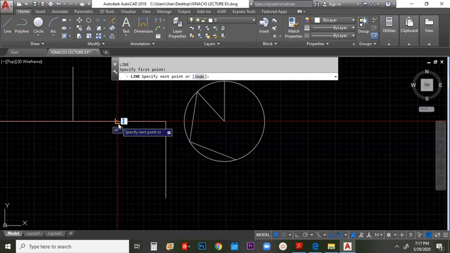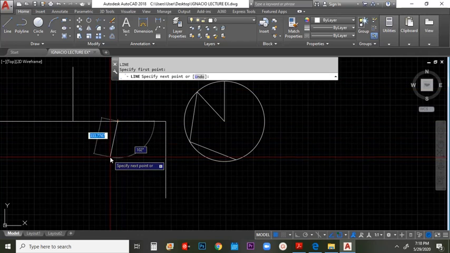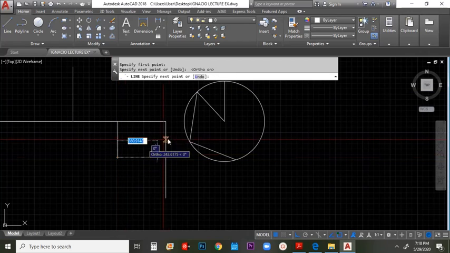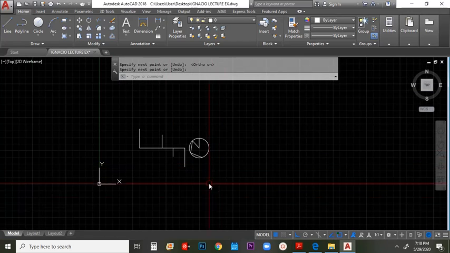Once you have pre-selected and you want a line perpendicular to this portion, drag it down. That would be the perpendicular reference. Drag it down or up, and then you have this. So that's the use of OSNAP.